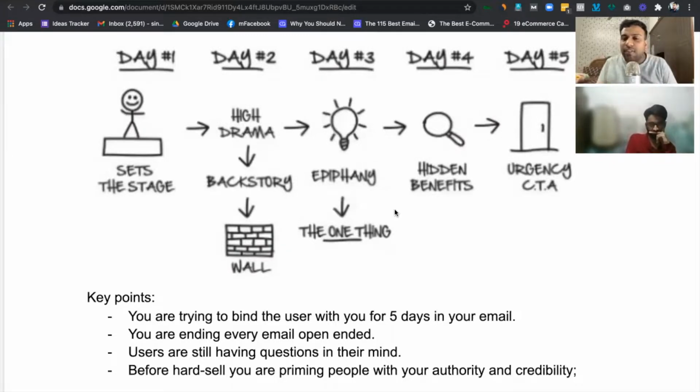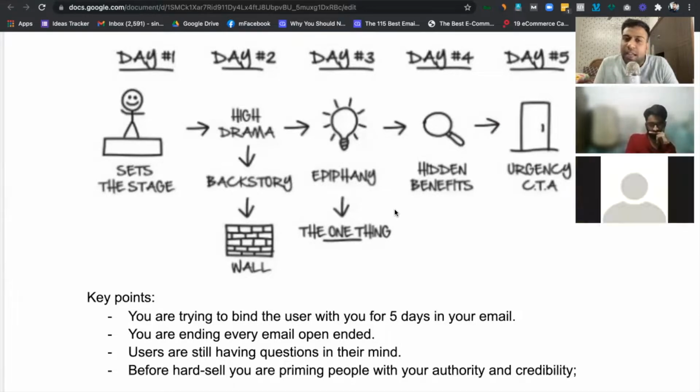You are trying to convince more people about your product, right? So there was a time when my father was ill and I had to take care of him. For 15 days he was on bed rest at home. I went home, and I was there to take care of him, and my work was not affected. I could still do my job. Everything was taken care of. So these are the hidden benefits, right? And then urgency and call to action.